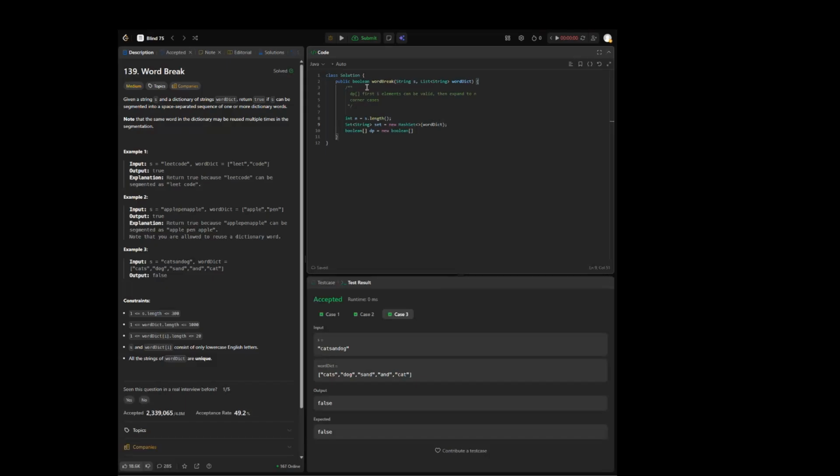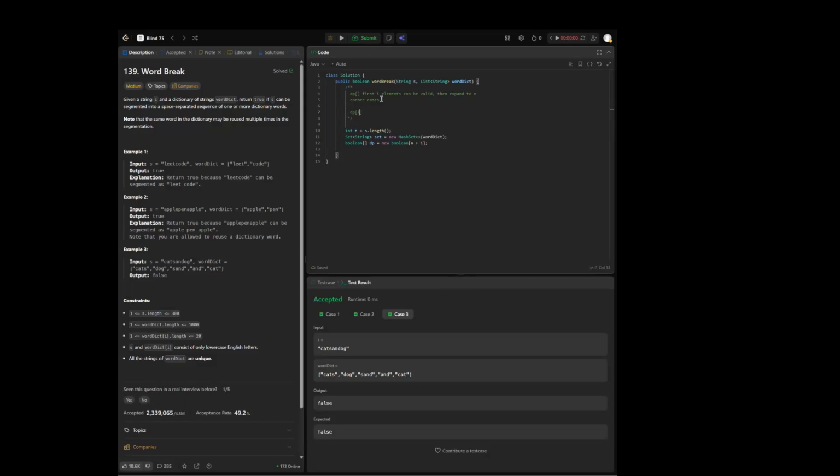So let's see. This is the first n elements, so it can be n plus one. So if they are zero, right? So dp[0] is that. Then the transformation function is